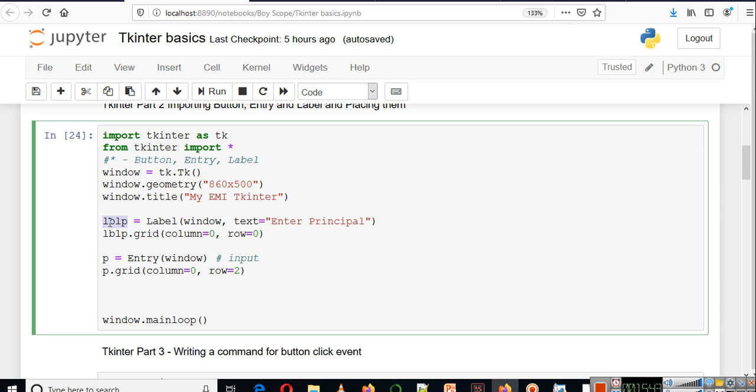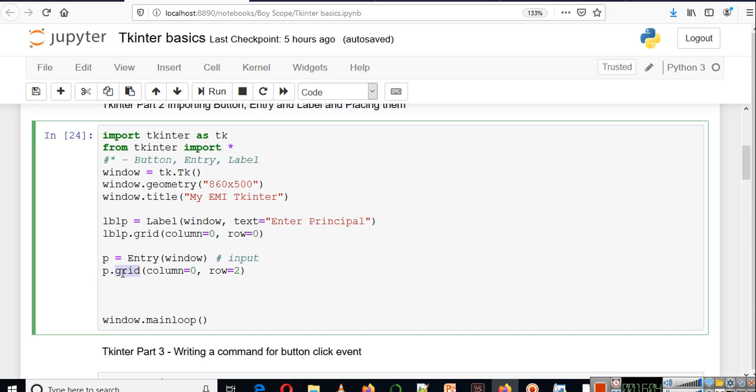Now remember, after creating an object of label, you have to use the same name of the label to place it, and to place it we use the grid method. Similarly we are placing P also.